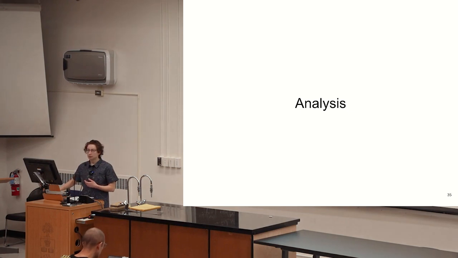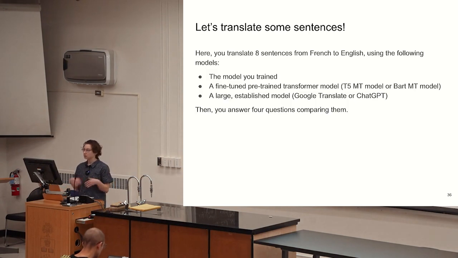I'm going to talk a little bit about the analysis part. I think this was pretty spelled out in the assignment handout, but just to give you a sense of what this might include if you haven't carefully read through it yet, you're going to be translating 8 sentences from English to French using the model you train, but also 2 other models. For the model you train, there's a cool translate demo mode that basically opens a Python shell where you can type in translate and then in the string the sentence that you want it to translate, and then it will return the translated sentence. So you just do that for the 8 sentences,